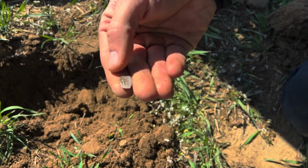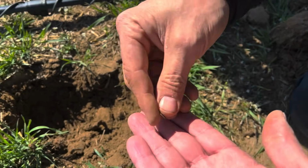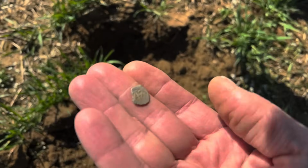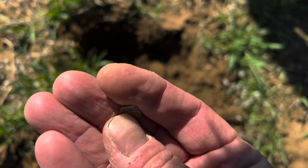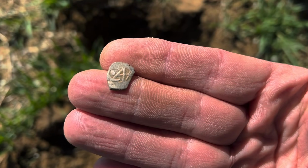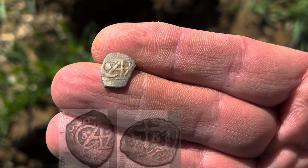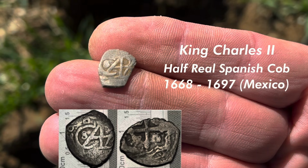All right, that's the Crusader cross side. The other side would have more information. I don't know. It looks like a script A, but I think it could be a different variety too. The variety we have has the Crusader cross and the Herculean pillars. There were other varieties that were older, or this might be just newer. Like a cut piece of a cob. Could be. Look how straight that quarter line is. Did you check your hole to see if maybe...